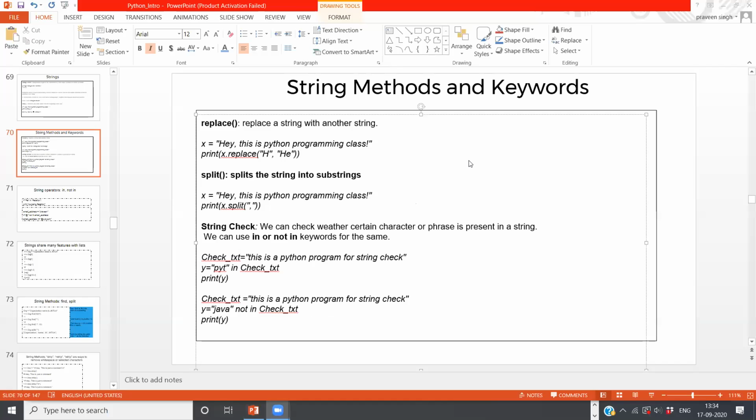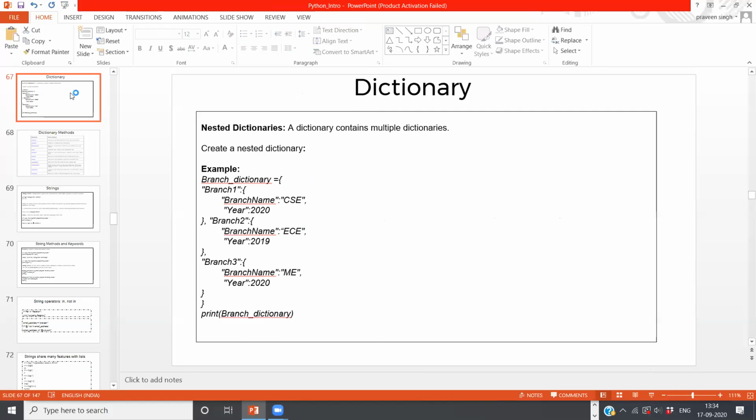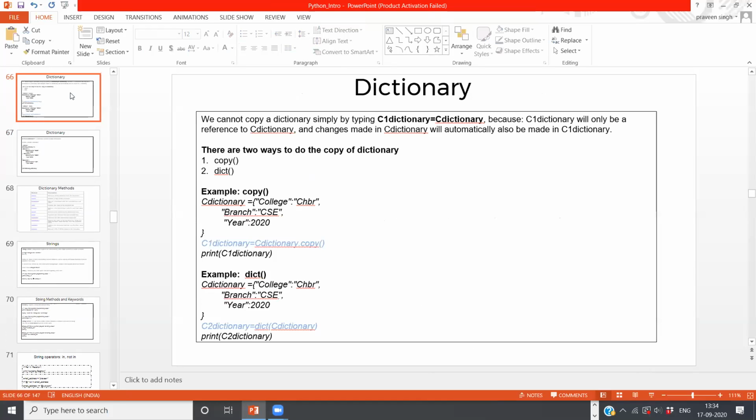So let me see how to copy the dictionary. Okay, cool. Guys, let us discuss again how to copy a dictionary. Yesterday we did some sort of exercise here as well. You can copy a dictionary through two different methods.